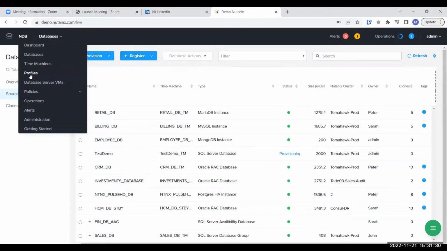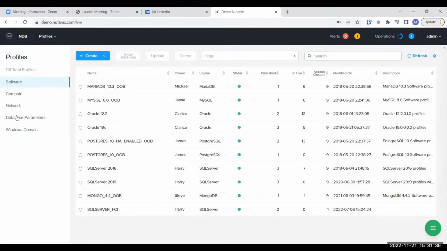In the profile section, you can create your custom profiles for compute, network, database parameters, and Windows domain. You can create your own profiles.